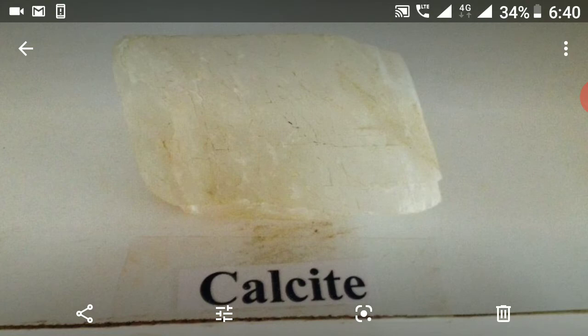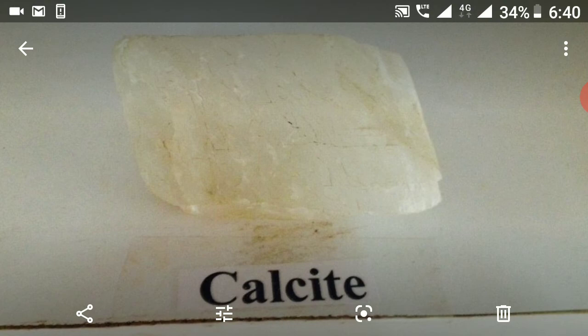Oolitic, consisting of small spheroids or ellipsoids that resemble fish eggs. Example, hematite. And oolitic structure we can see in the basalt also. This oolitic habit you will find in the ore minerals. And pisolitic, similar to oolitic, but spheroids are larger in size. This you will find in bauxite. Bauxite is the best example for pisolitic.